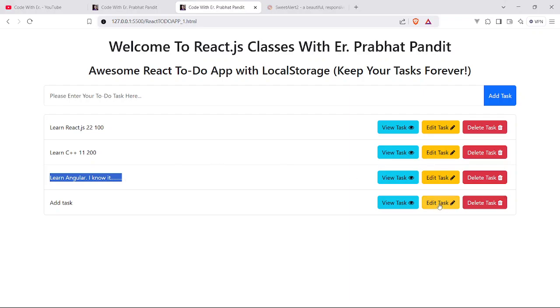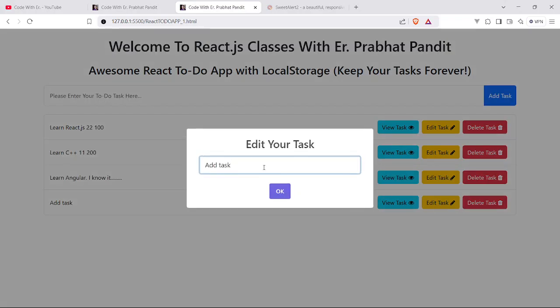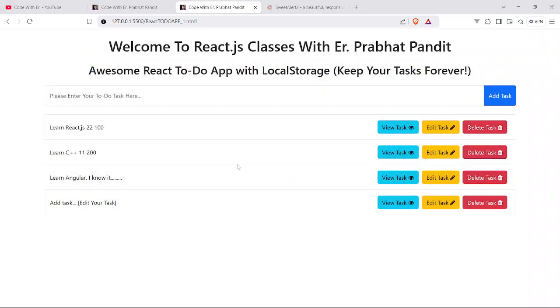So add task. Just copy this text only and paste it here. Now hit enter. You can see task updated successfully, and everything is here now. Refresh the page. It is still here because we are saving each and everything in the local storage